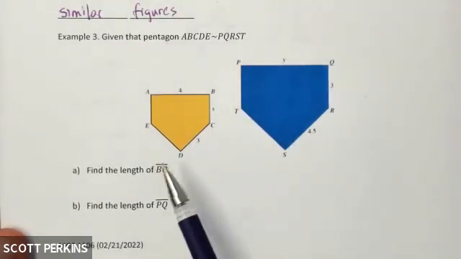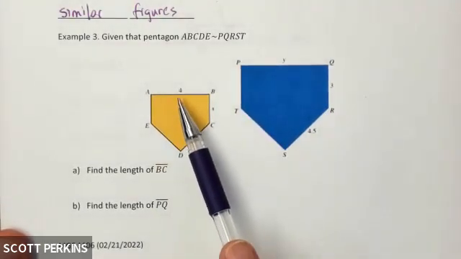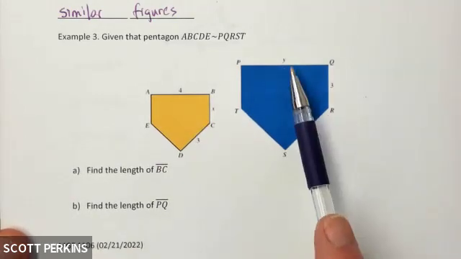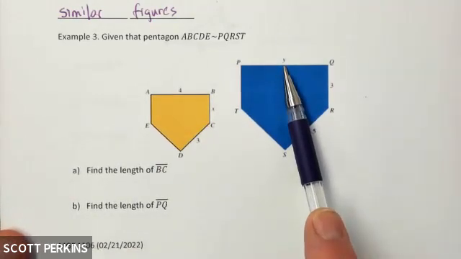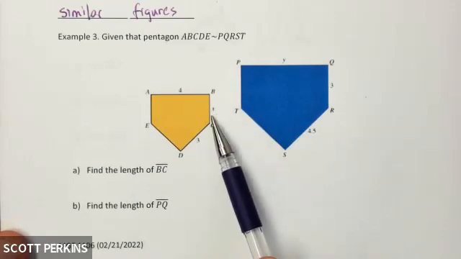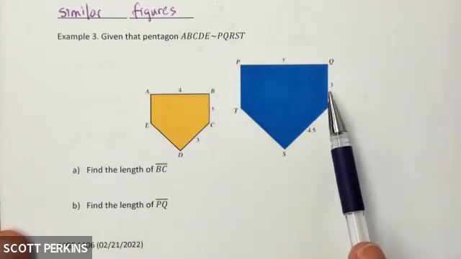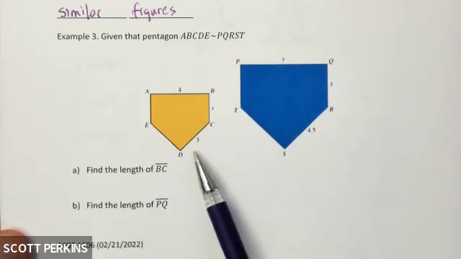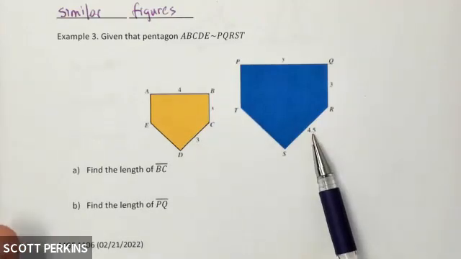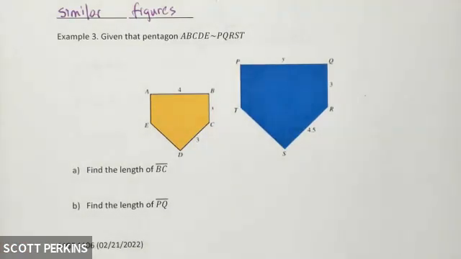And so I've labeled some of the sides. The top side on the smaller figure is 4. The top side on the bigger figure is Y. I don't know what that one is. The right side on the smaller one is X. The right side on the bigger one is 3. And then lastly, this angled side here at the bottom right is 3 on this figure, and it's 4.5 on this figure. So we're going to use that information to figure out what we